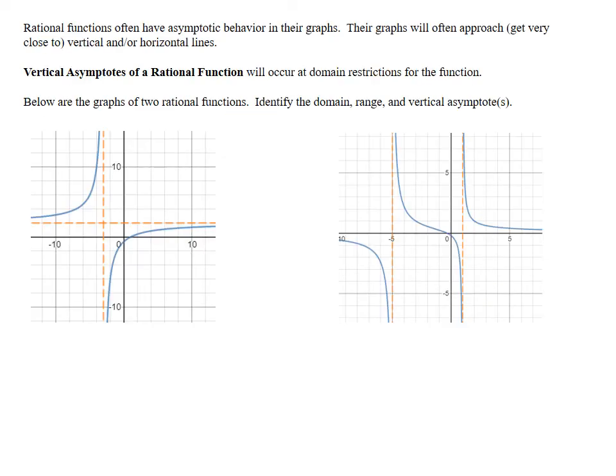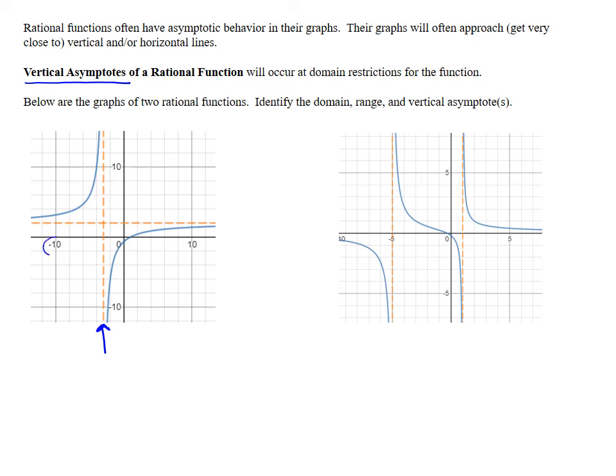As we mentioned, rational functions often have asymptotic behavior in their graphs. Their graphs will often approach or get very close to either vertical or horizontal lines. I'm going to have us identify the vertical asymptotes in these functions down below, as well as the domain and range. So when we look at the vertical asymptote of these functions, we have a vertical line right here at